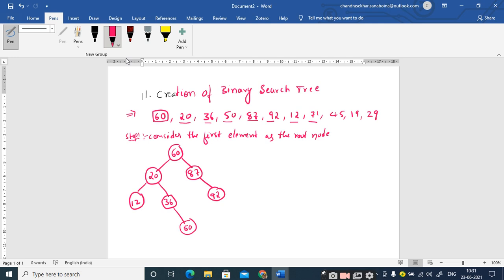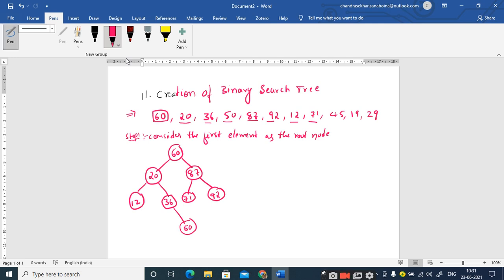Since it is greater, go to its right child. Again compare 71 with 87. 71 is less than 87, so it should go towards the left hand side of 87, and you have observed that 87 does not have any left child. Therefore you place this 71 as the left child of 87.